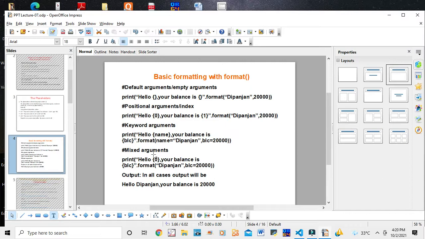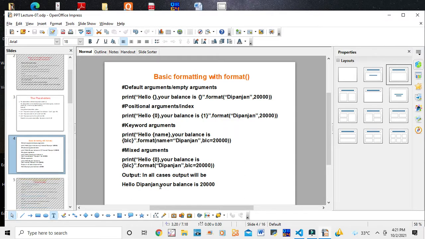Dipanjan will take here, balance will take here. In all cases the output is hello Dipanjan, your balance is 20,000. You see the comma, because I have given a comma. If you do not give a comma over here, then this comma will not appear in the output.